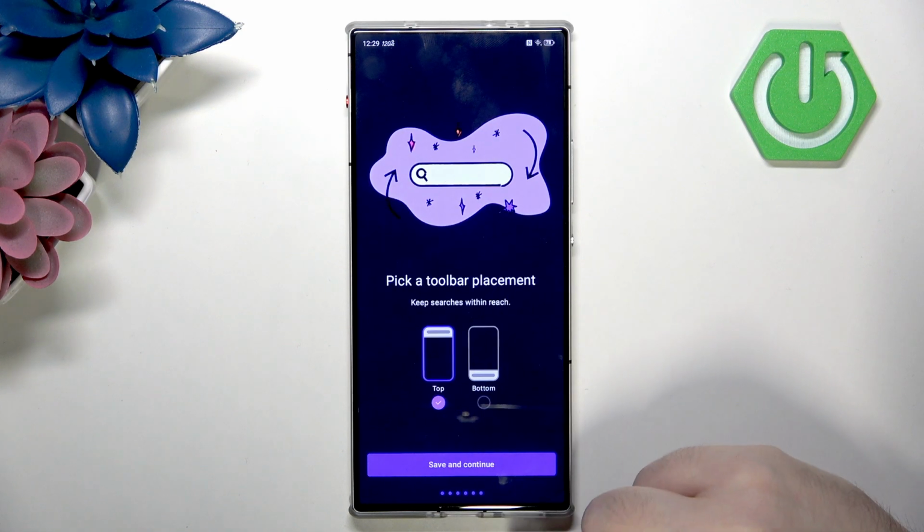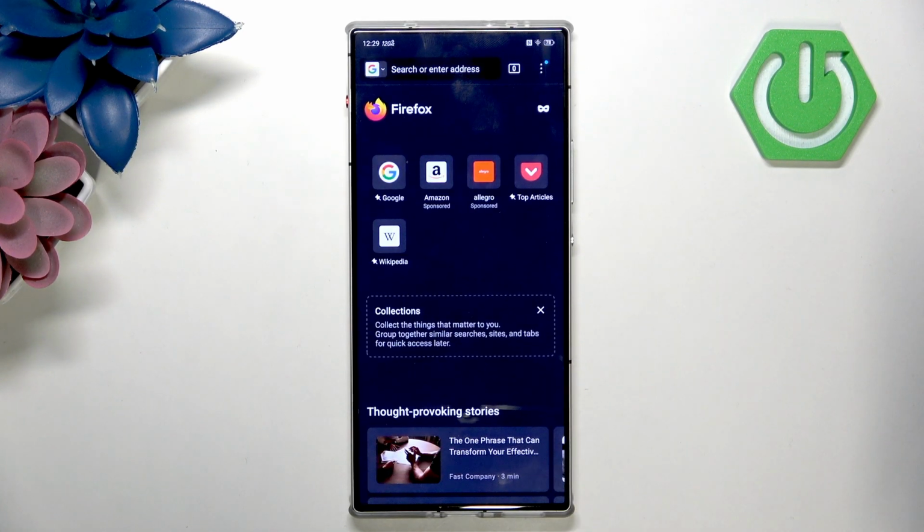your theme, or you can click save and continue, and you can select your toolbar placement, or you can click save and continue again. And as you can see, my Firefox browser is now installed and is ready to use,